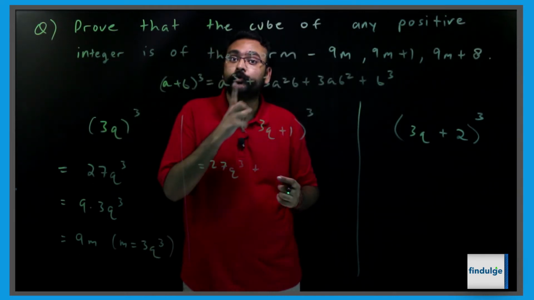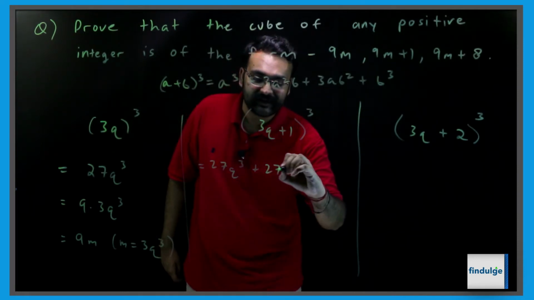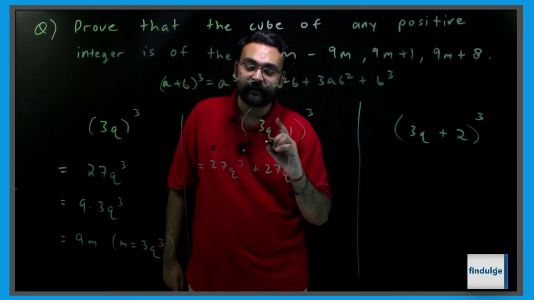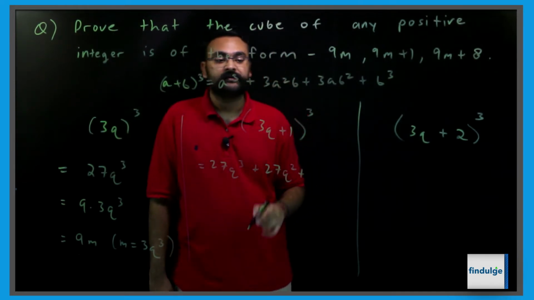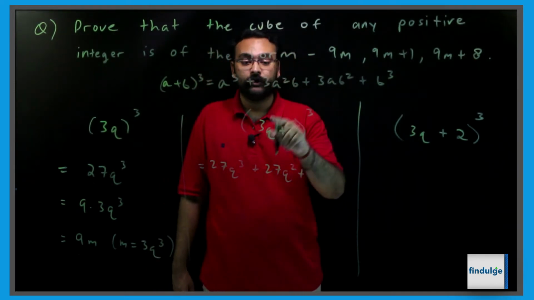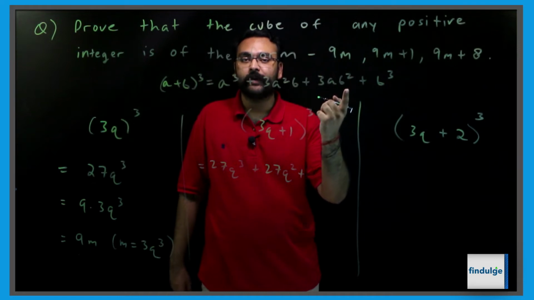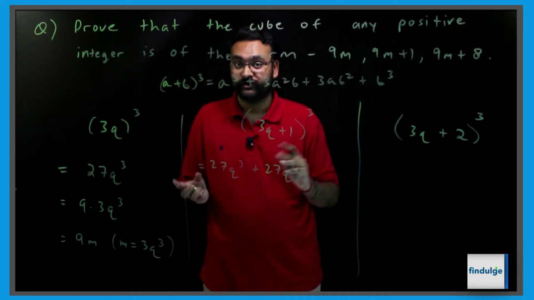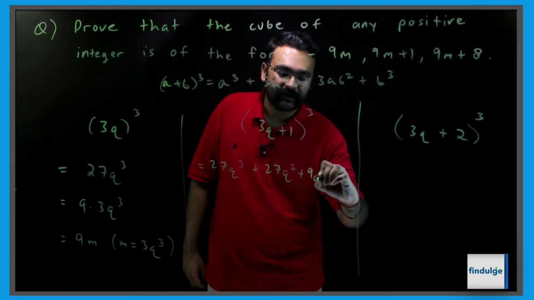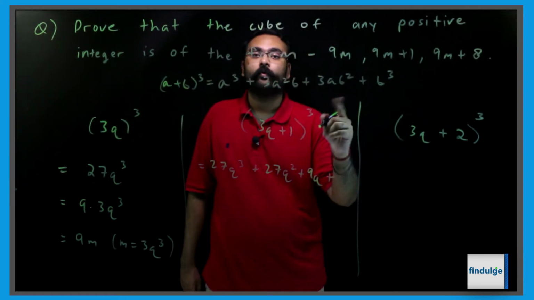So 3 into 9q square, 27q square, plus 3 into 3q into 1 square, now 1 square is just 1, 3 into 3q, 9q,